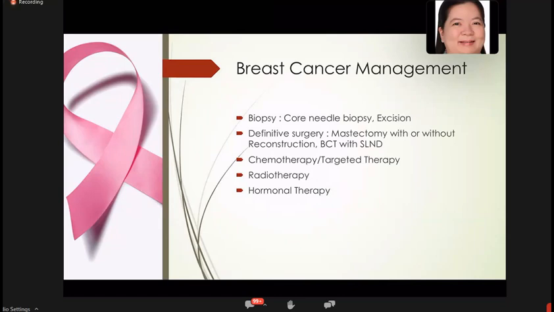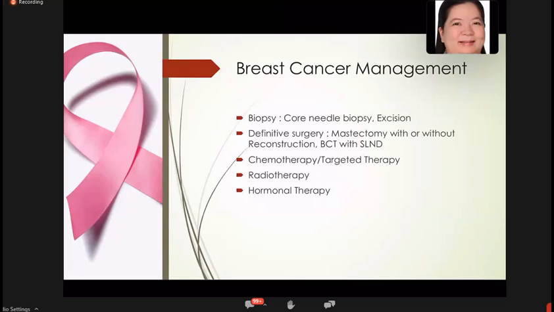like mastectomy or MRM, with or without reconstruction. Or what we offer patients is BCT or breast conservation therapy, surgery or BCS, with sentinel lymph node dissection. Before, what we were doing is complete axillary dissection, level 1 and 2, nililinis namin yan. With sentinel lymph node,